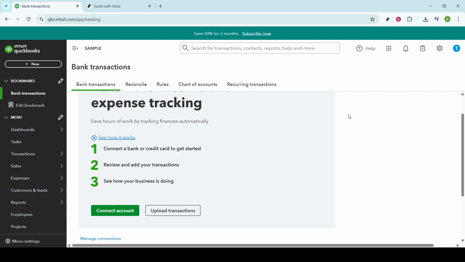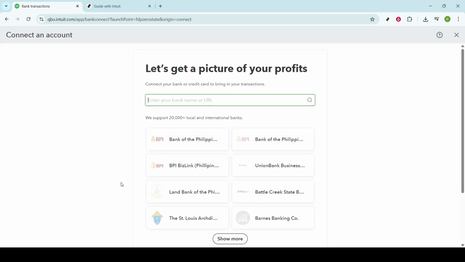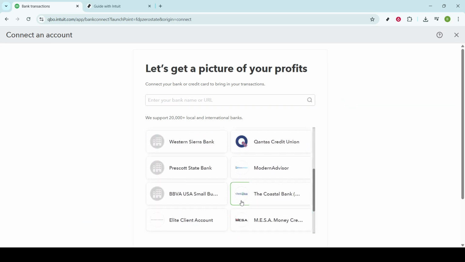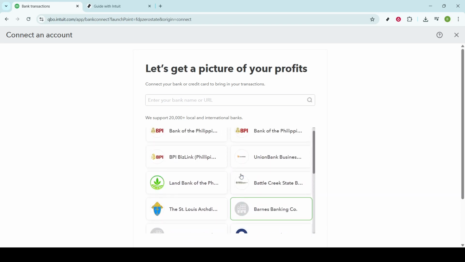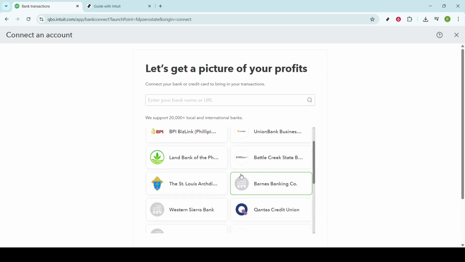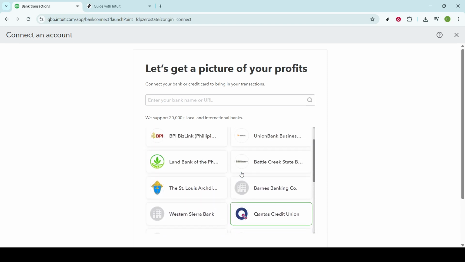Here, you'll see an option that says Connect Account. This is the button you'll want to click on to start connecting your chosen bank account or credit card to QuickBooks. By doing this, you will enable the automation of transaction imports, a feature that saves an immense amount of time, especially beneficial for busy professionals who need efficient financial management. Automation is key here, helping you avoid manual entry errors and keeping your transaction records up to date without the